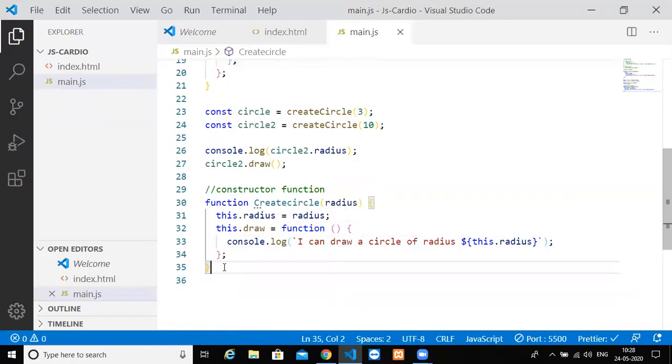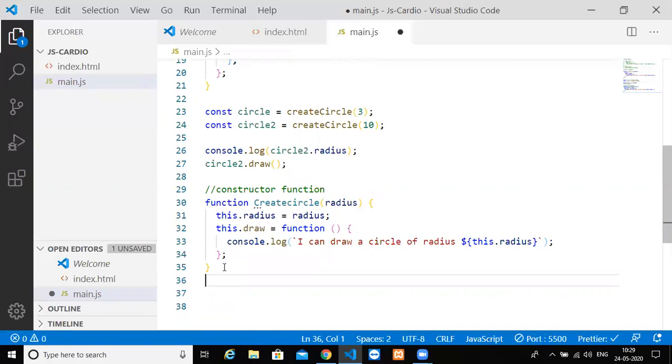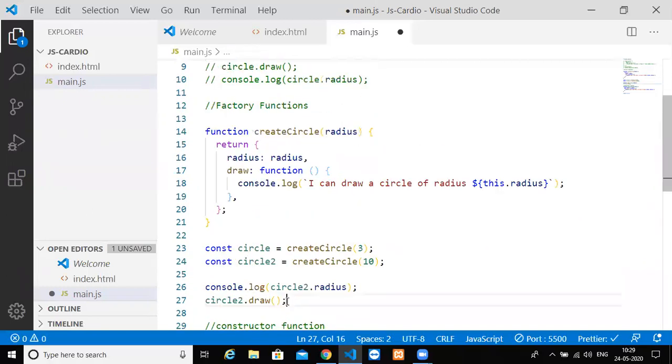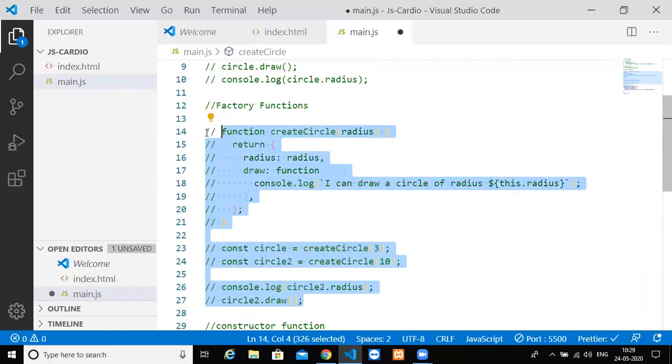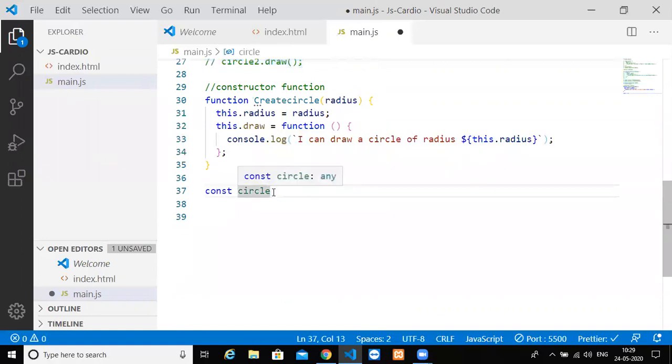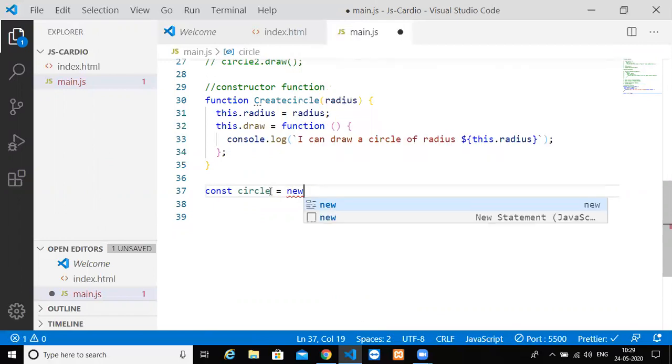Now I want to create an object out of this constructor function. I will do const circle again, and comment this piece of code off. So const circle is equal to new, using the new keyword to create a new object of this constructor function.